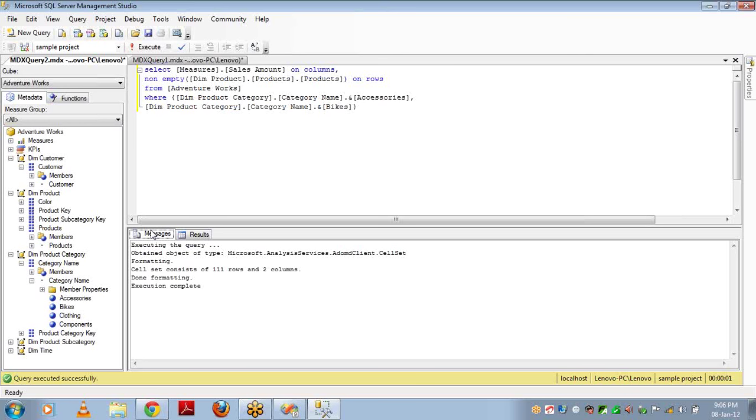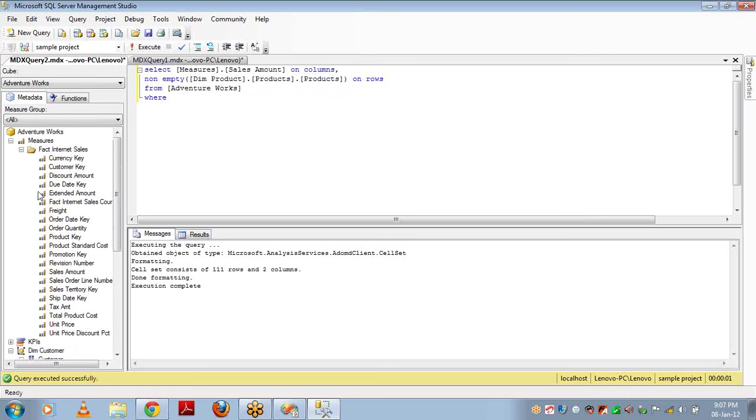Now let's see how to use a measure in where condition. Okay, if I want to see when the data is there for a particular measure, that is tax amount, then I want to retrieve the result set. If the tax amount is not there, then don't retrieve the result. And if I execute this particular query, then it is going to throw me an error. Why? Because the measures hierarchy is already used in columns axis.